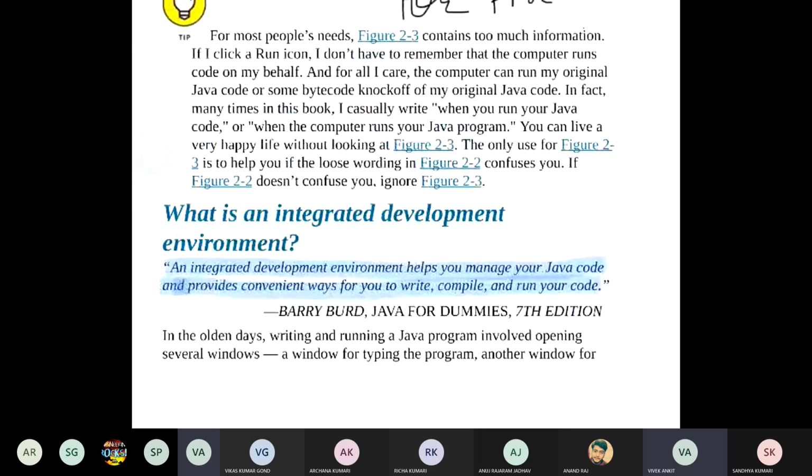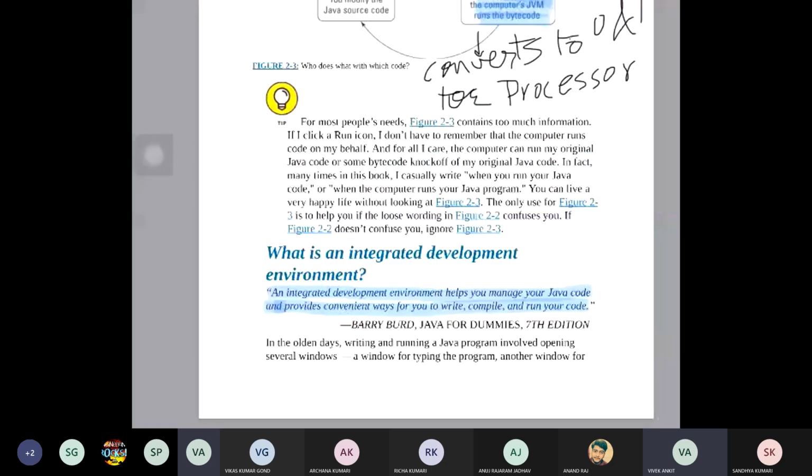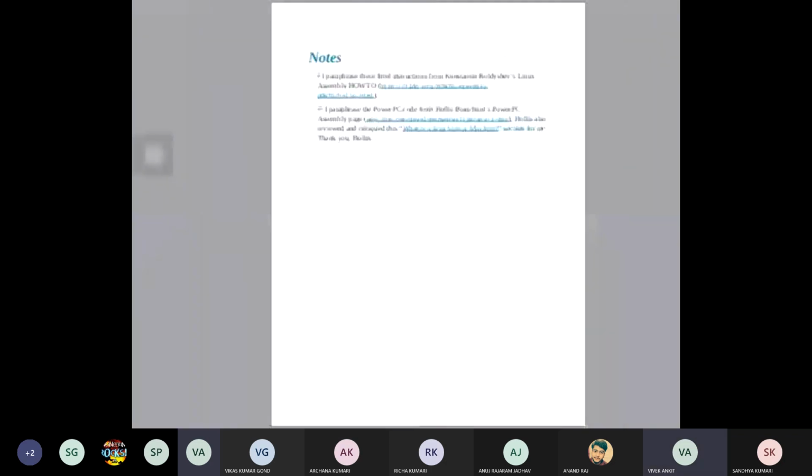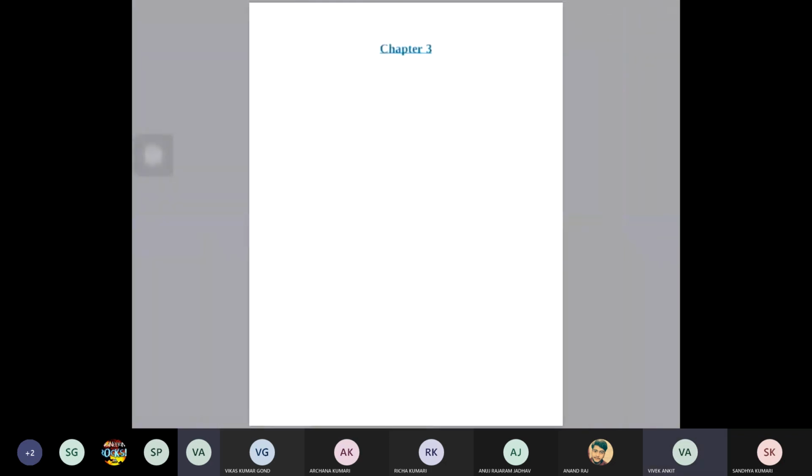So now comes the IDE. What is the work of an IDE? If you don't use an IDE, you can use a notepad, save that code with .java, and run it through the command prompt. Our work will be done. There's no need for an IDE. It just makes coding more convenient for us, with its extensions, its features, and a more user-interactive interface. That was only chapter 2. Okay, that was the summary of what the author shared in chapter 2.